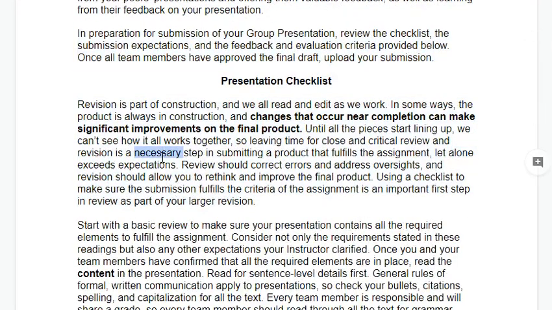Presentation checklist. Revision is part of construction, and we all read and edit as we work. In some ways, the product is always in construction, and changes that occur near completion can make significant improvements on the final product. Until all the pieces start lining up, we can't see how it all works together, so leaving time for close and critical review and revision is a necessary step in submitting a product that fulfills the assignment,